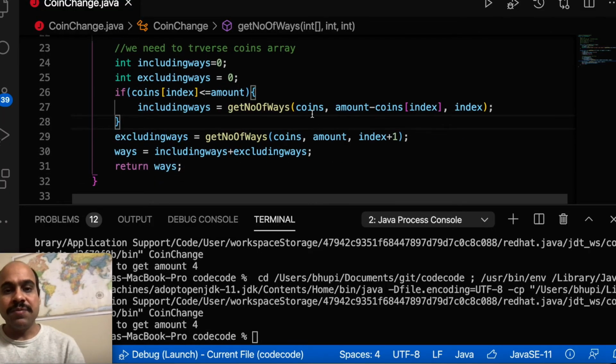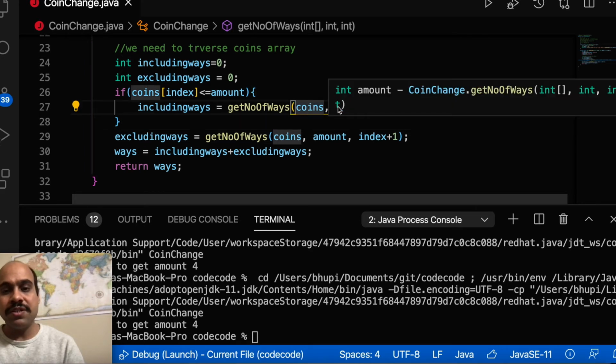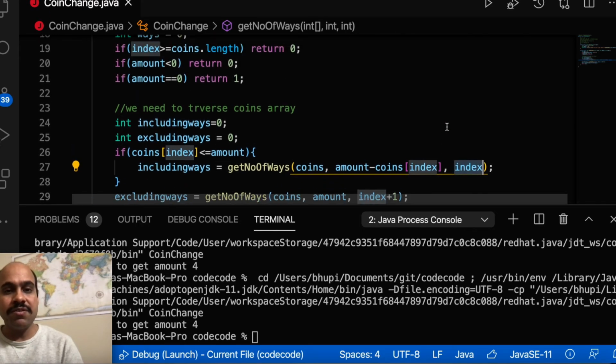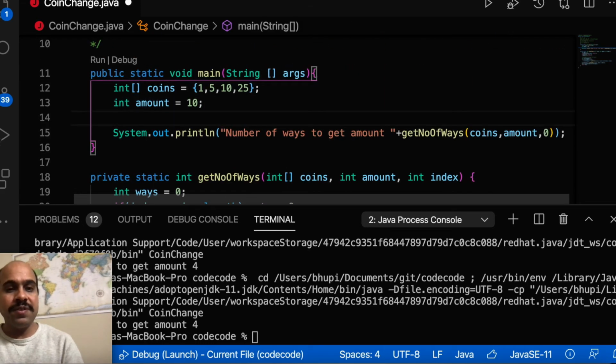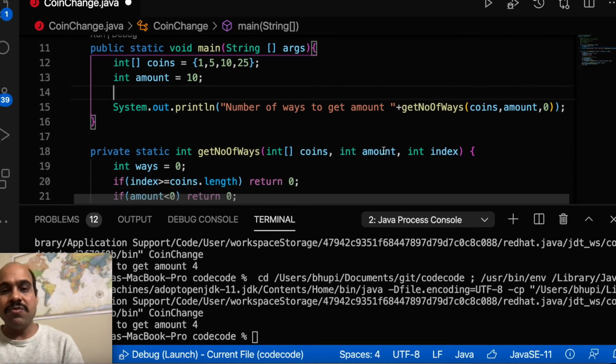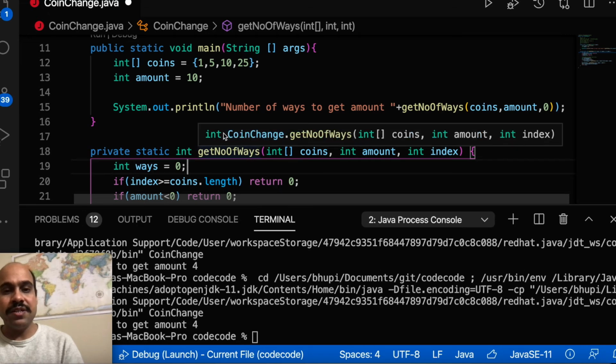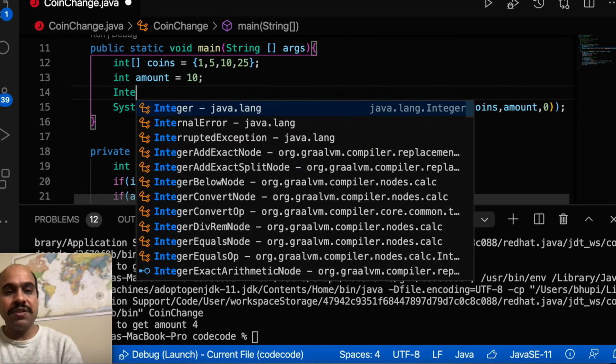First I will see what are the parameters which are changing in each function call. As we already discussed, this amount is changing because here I decrease the amount, and sometimes amount is the same, and sometimes index is changing but sometimes index is not changing. So it means amount and index are two parameters based on which we are deriving the solution. So what I can do is choose this variable, maybe a map where there is a key, and the key can be composed of amount and index, and there will be a value. Value is basically the number of ways, it is an integer, or in this example we can simply use an integer array.